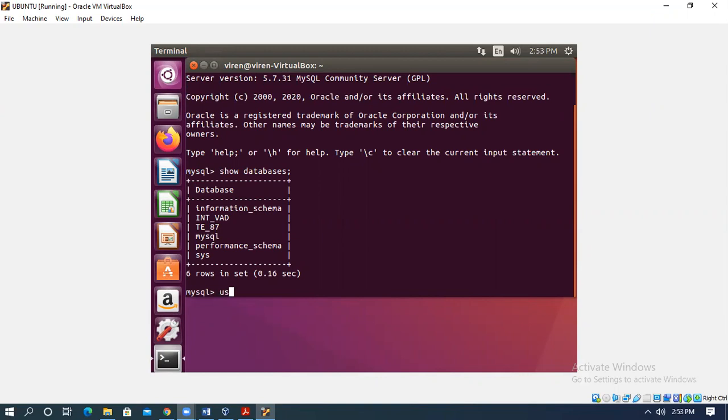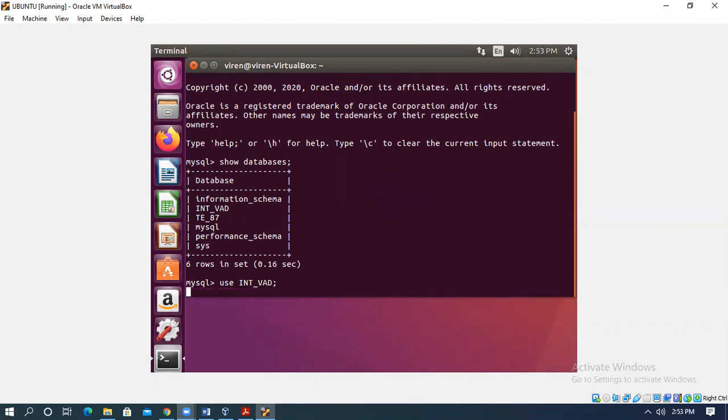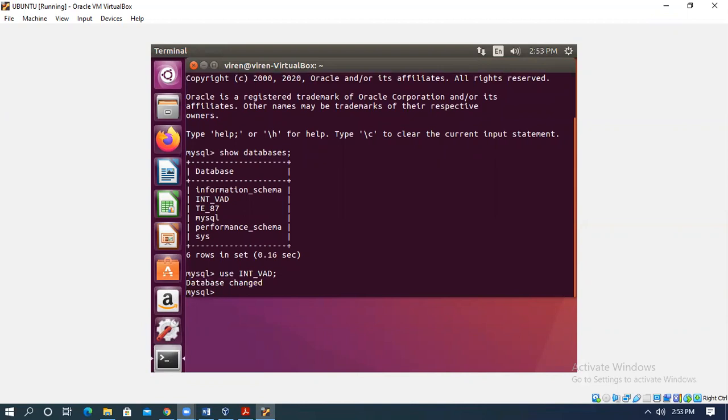For that, the command is use int_vad. This indicates that now you are using the current database, int_vad. Unless you do it, you are not allowed to go inside that database and access any relation.